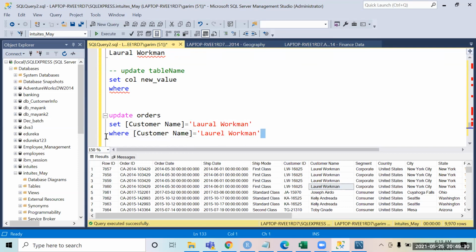Because if I don't give the where clause and simply run this command, all the names will be updated to Laurel Workman. I am saying set customer name equal to this, so all the names will be updated to this. But if I add a where clause, SQL understands that only the names where I am getting this have to be updated, not everywhere, right?